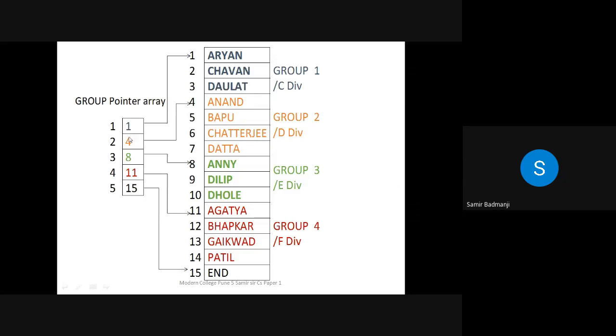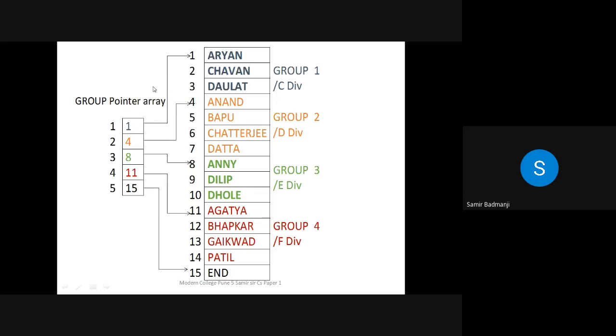Now see what I have stored in the pointer array. This is also in consecutive memory locations. But in the first location, I have stored the address of the first student, that is, suppose the roll number of this student. That address I am going to store in the first location of the pointer array.